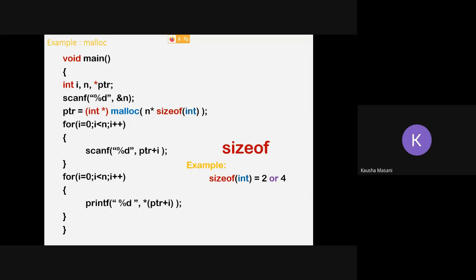Why? Because we are taking the size from the user, and that size is manipulated by your compiler using the sizeof function, and then you are scanning and printing it. So what I want all of you to do, in that second window itself, is write n star sizeof integer, or the data type of your pointer.